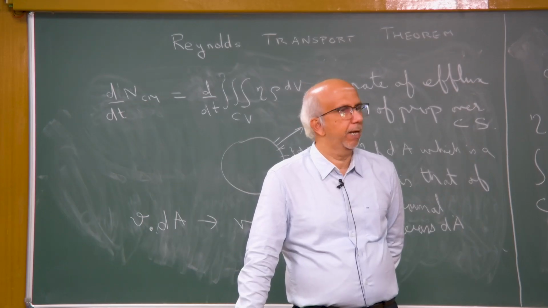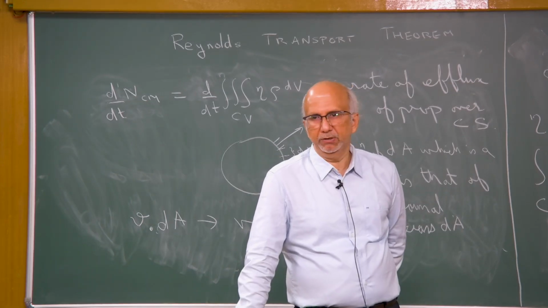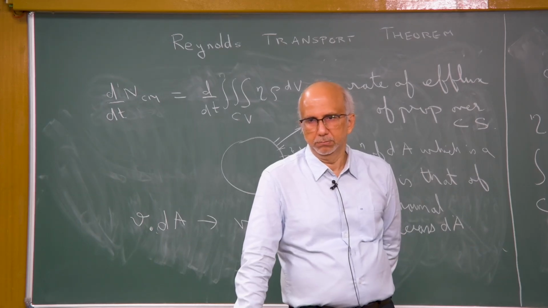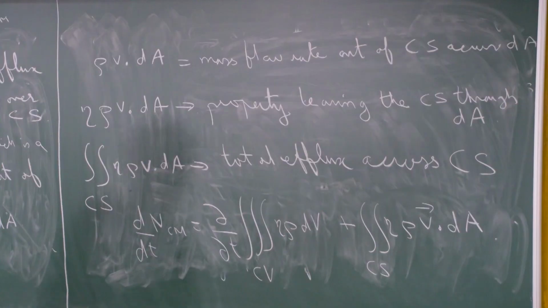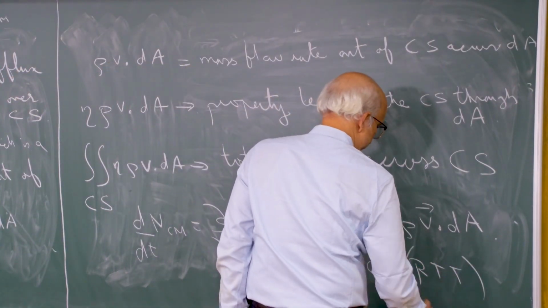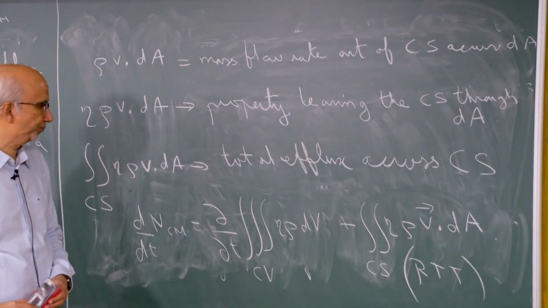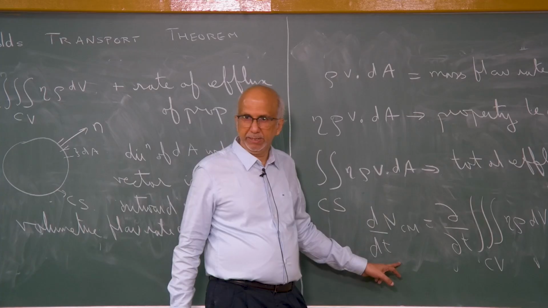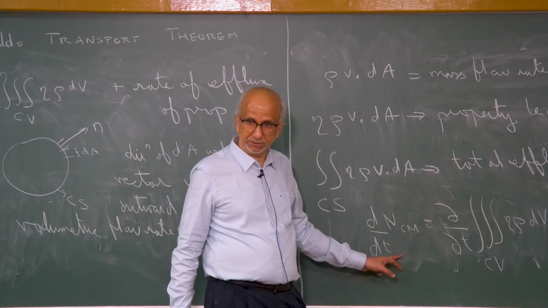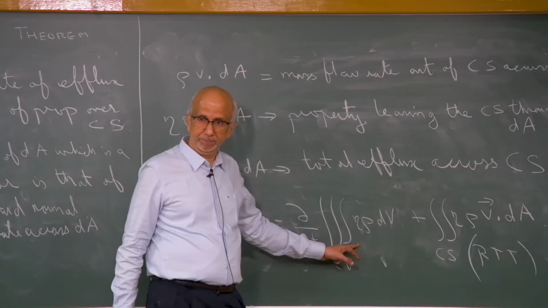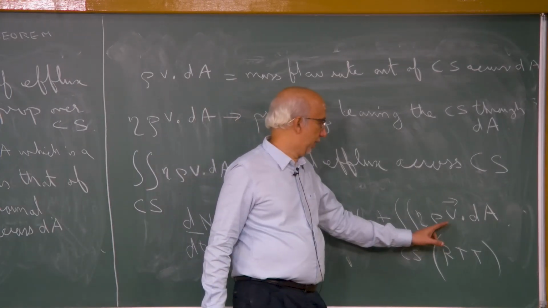Okay. And this particular thing which I have written at the very end, this is your Reynolds transport theorem. It is relating changes in the control mass to changes in the control volume, okay,